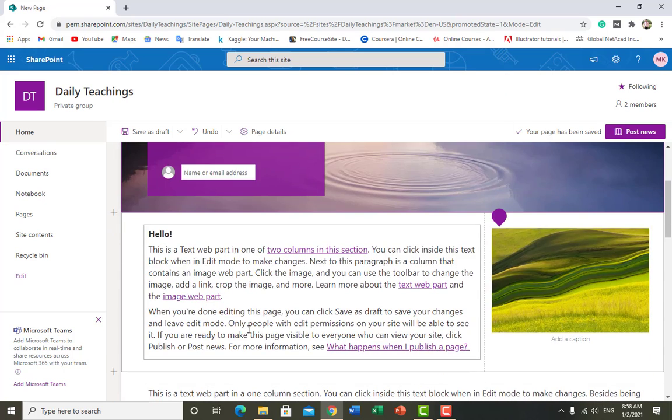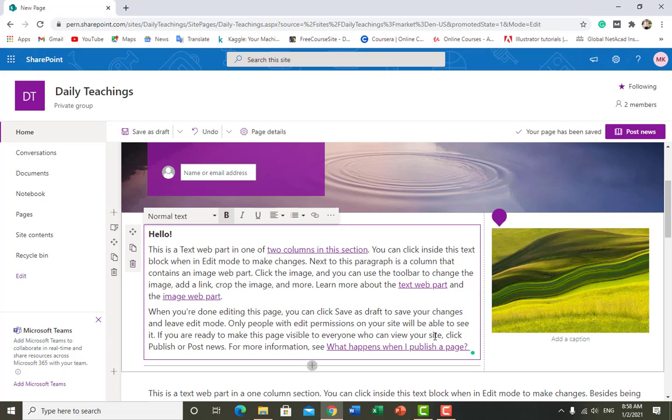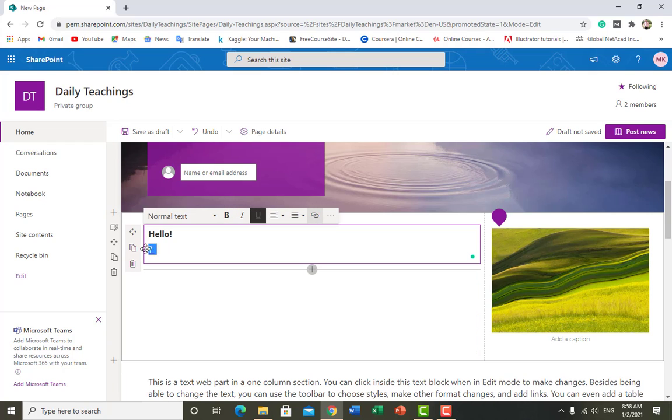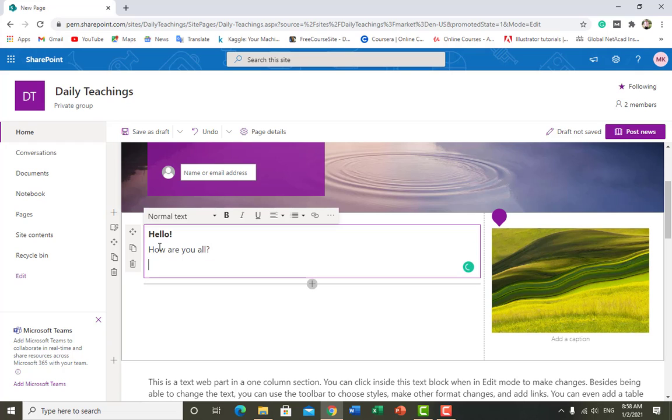Here you can see a text. You can add, hello, how are you guys, or how are you all, and in this way you can add any type of comments or any type of announcement that you want to